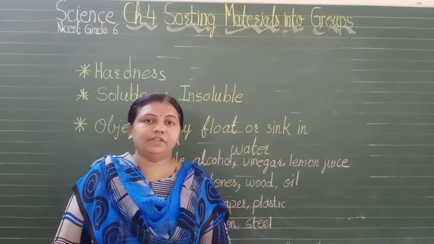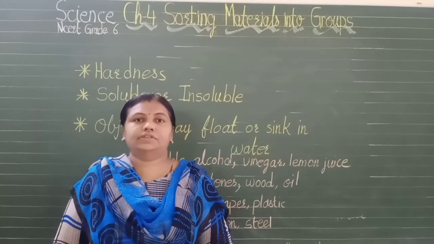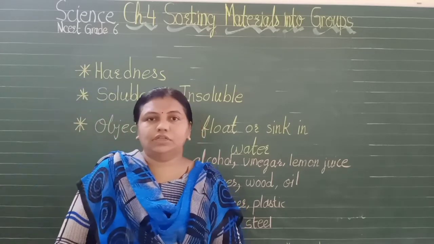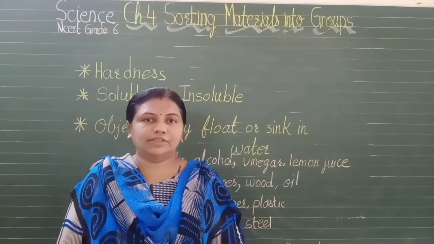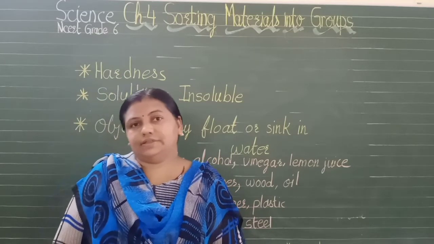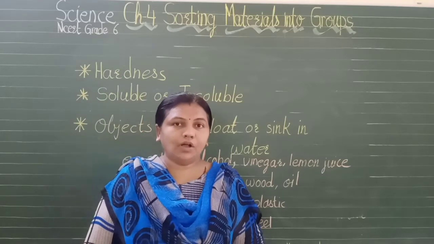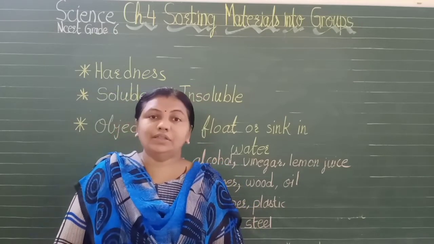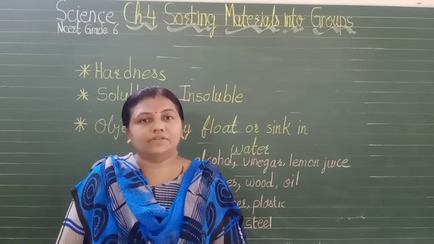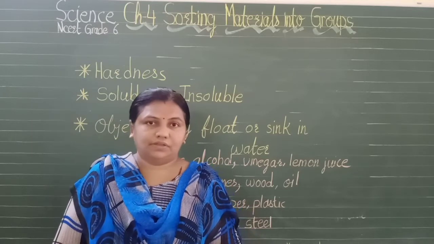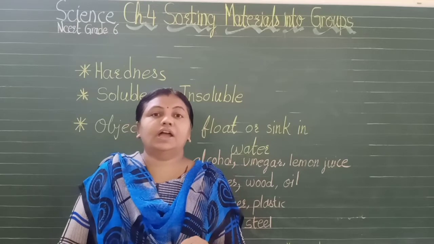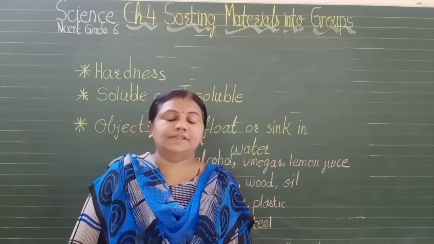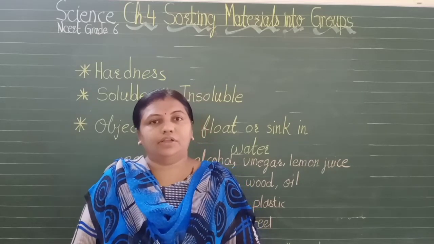So now you are clear with the luster, okay, shining objects, and when they come in contact with the air, they may lose this property or it may also decrease with time. Now hardness. You have also learned that many objects are hard. Yes, just like wood, metal and so on. So objects which can be compressed are known as soft materials, and those which cannot be compressed are known as hard materials.